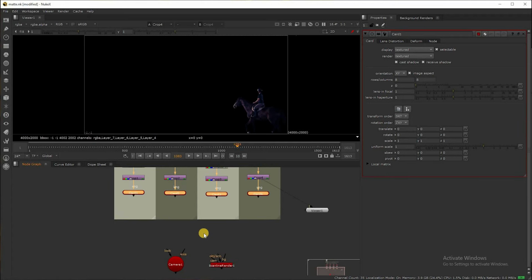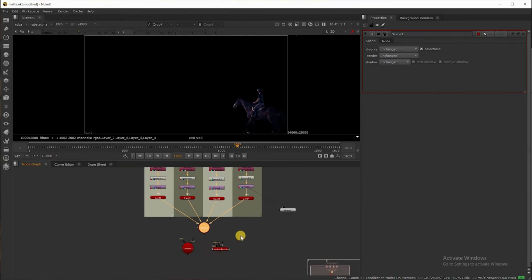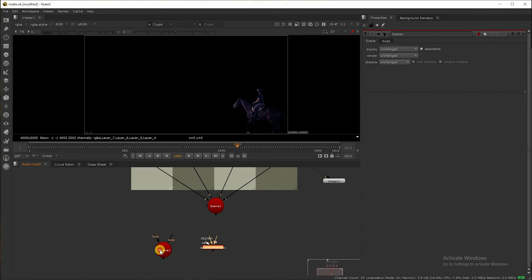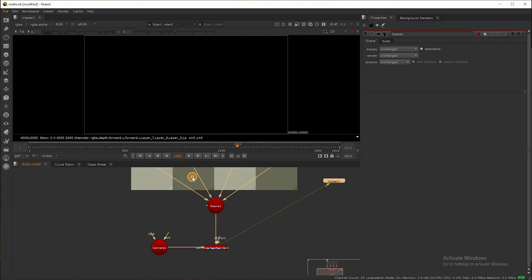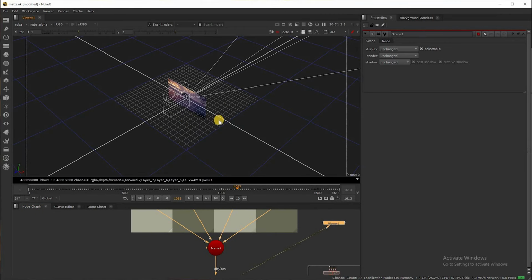Next, I will select them all and search for Scene, then enter. Now every card automatically hooks up to the scene. Then connect ScanlineRender's camera input to the camera, and scene to scene. If we go to 3D view, it's visible like this.